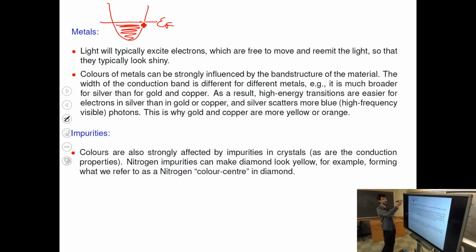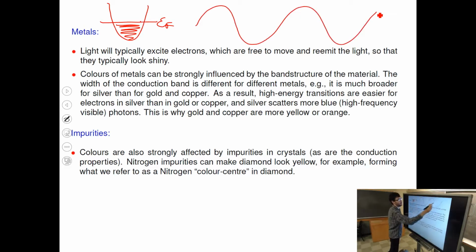So if you imagine, remember from the tight binding model, for example, the bandwidth is 4 times J, the tight binding parameter J. So when the orbitals of the atoms are more strongly coupled, J grows and the bandwidth grows, and that can be different for different materials. And so for a material like silver, it tends to be larger.